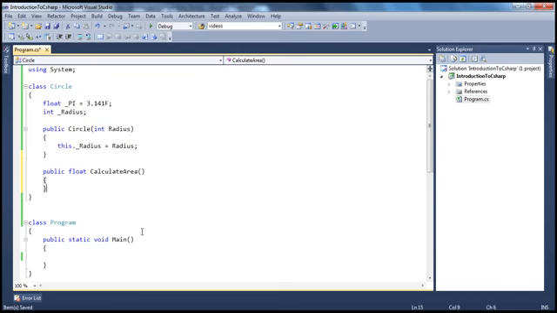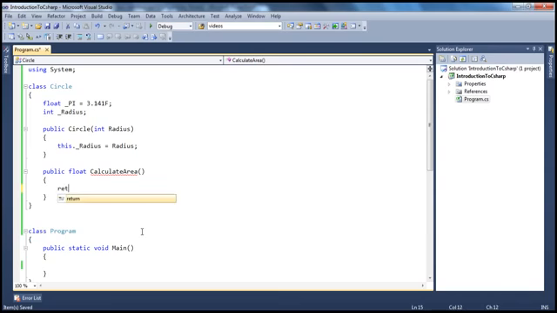So what is this method going to do? Basically, this method is going to calculate the area of the circle and return the area. And we know that to calculate the area of the circle, the formula is pi r square, pi into radius into radius. So we can say simply return